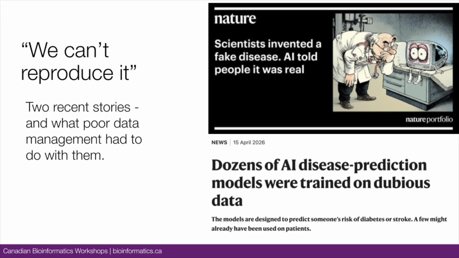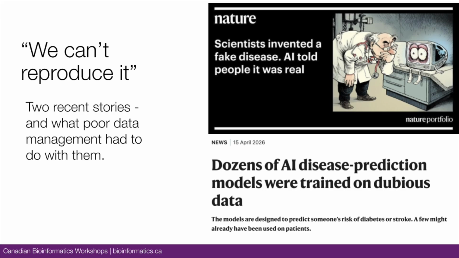The other story is that some AI systems have reused data, and some of it may have been used in actual clinical applications. You go see your doctor, AI says you should get that treatment, and when you go back to the data source and ask, where does your data come from? Where does your conclusion come from? They say, I cannot tell you, or I'm not sure where it's coming from. If you're getting treatment based on data, you'd rather make sure the data is solid and the inference is reasonable. So data management is really important, with real impact in real life.